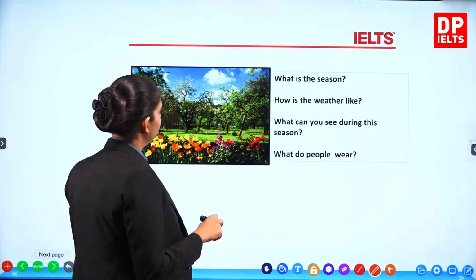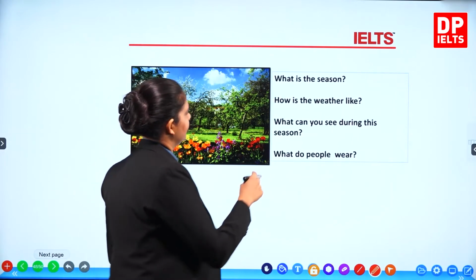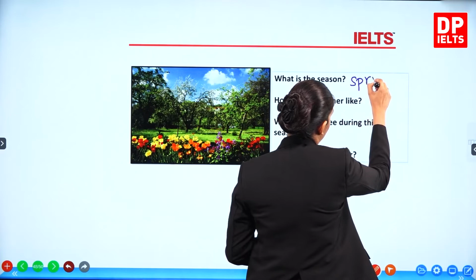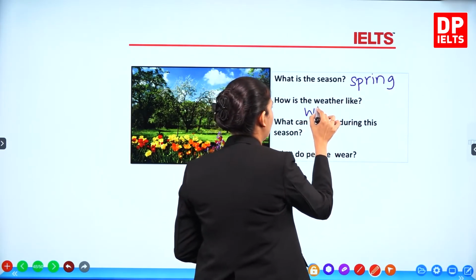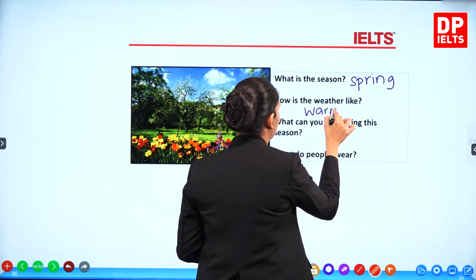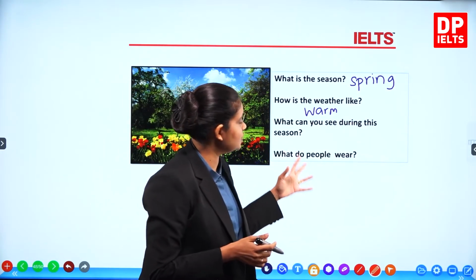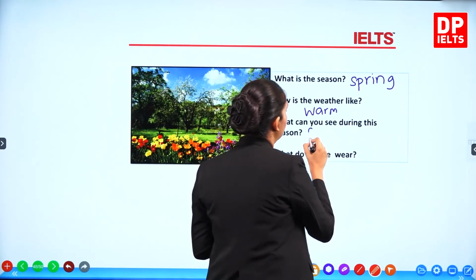Next one. What is this season? Okay. Colorful season is spring. What is the weather like? It's okay. It's a bit warm, right? But not too bad. Okay. What can you see during this season? So there's a lot of things that you can see. You can see flowers blooming.